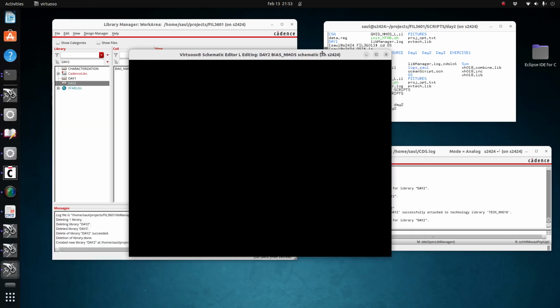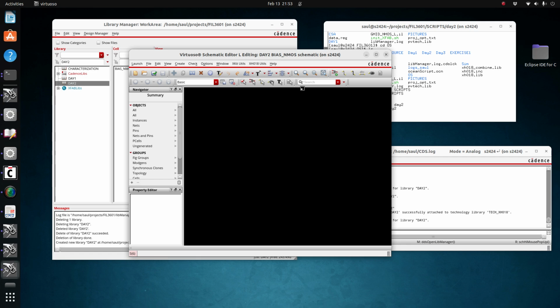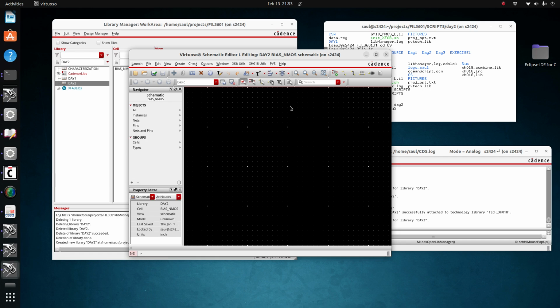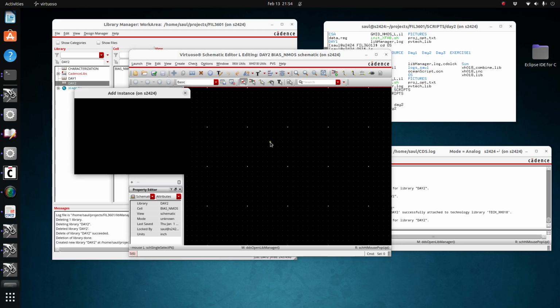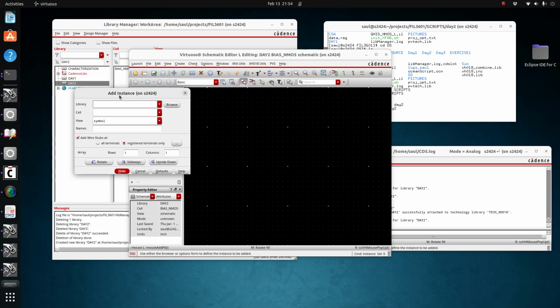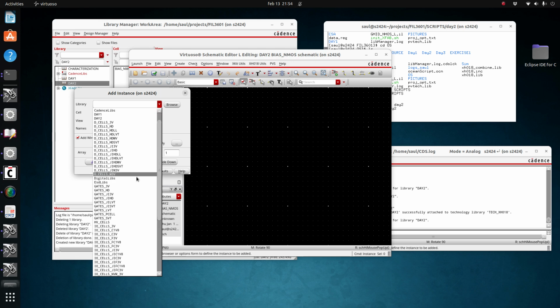And then a new schematic view is open. So we are going to start populating this schematic view with the components that we need. So we insert new components by using the key I from India. So there is instance. So we press I, and then in library we are going to go to the primitive library, the one that contains the transistors, primlib,